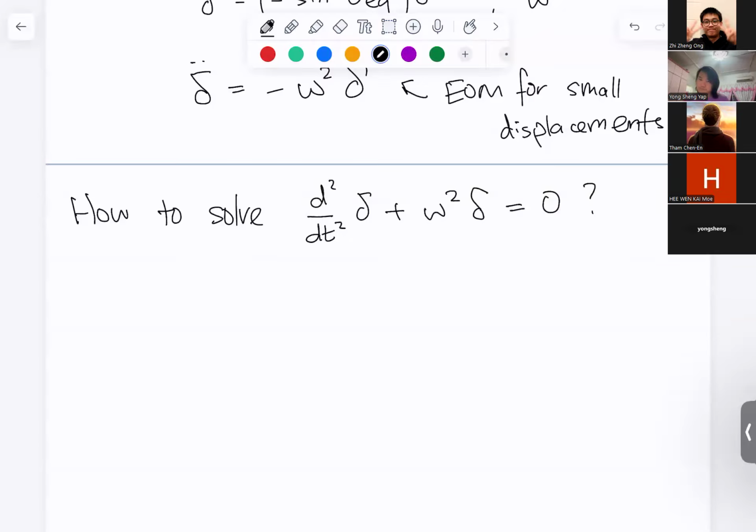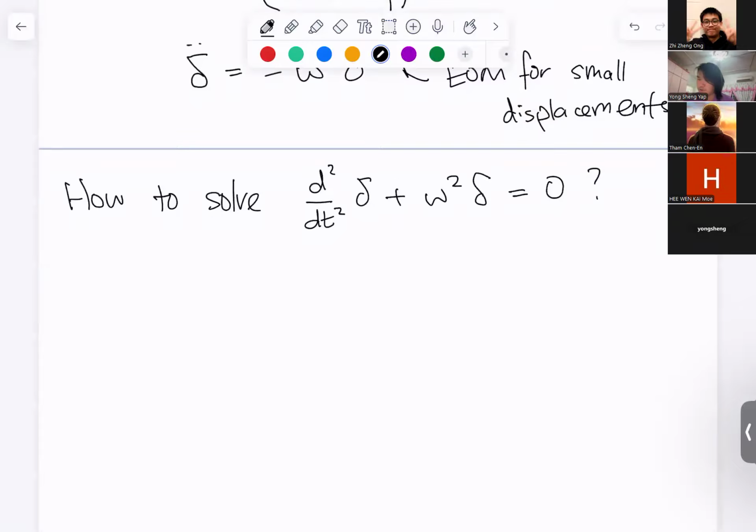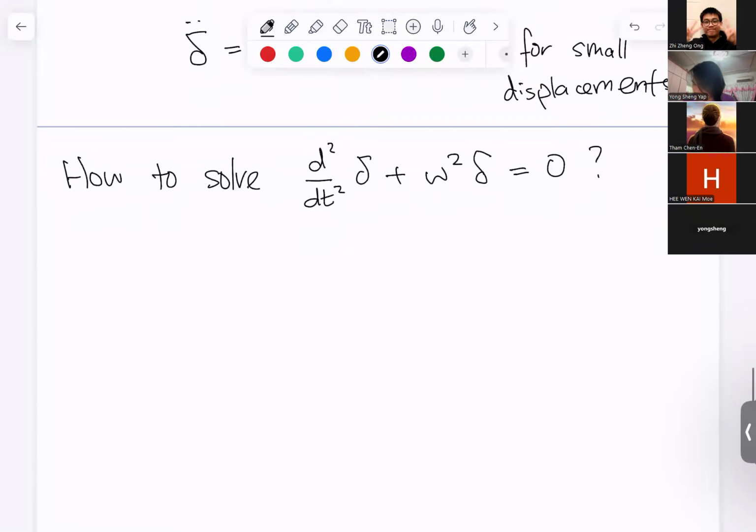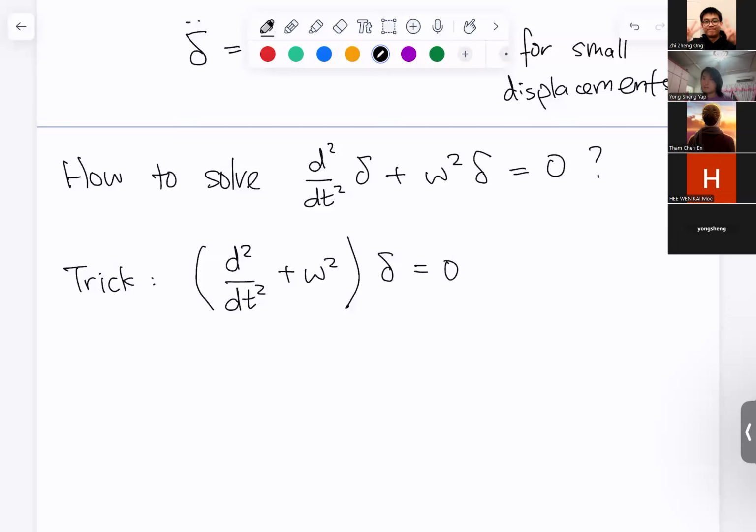Okay. So I will hereby give a trick on solving this. The trick is basically saying that this thing, let's factorize delta out of the equation above. Okay. Let's say that this is legal to do. And if you squint your eyes a little bit more closely, you can remember from your high school that